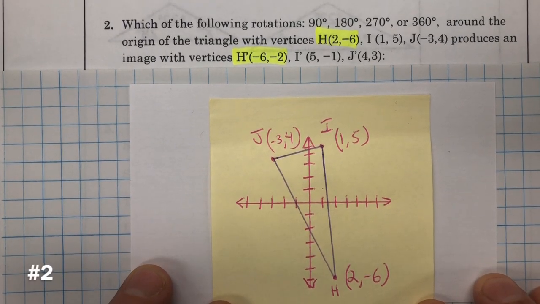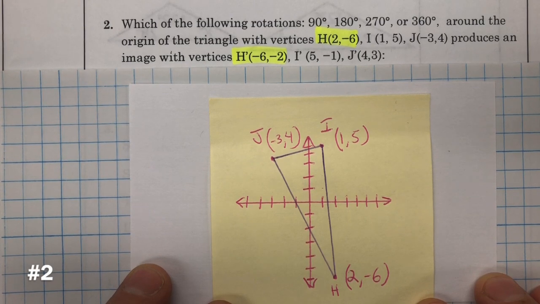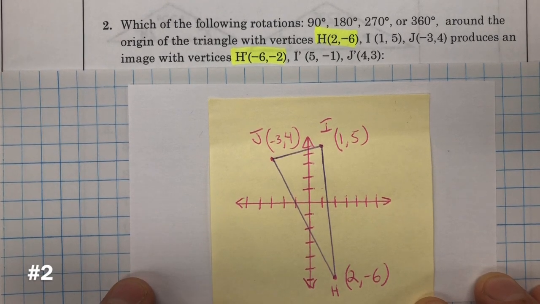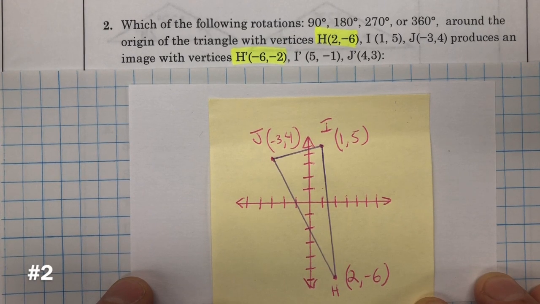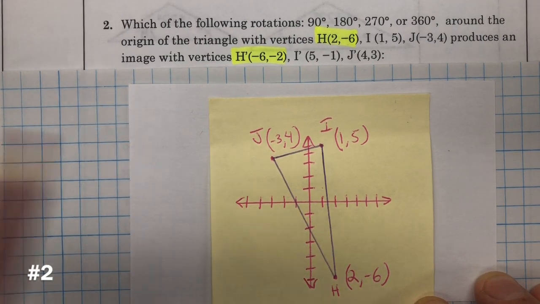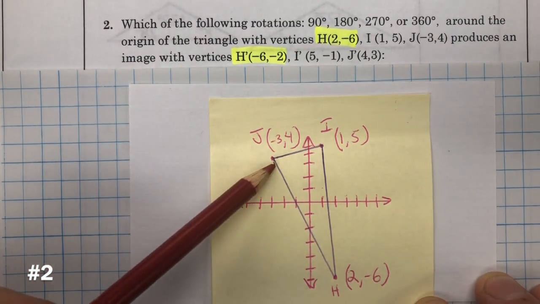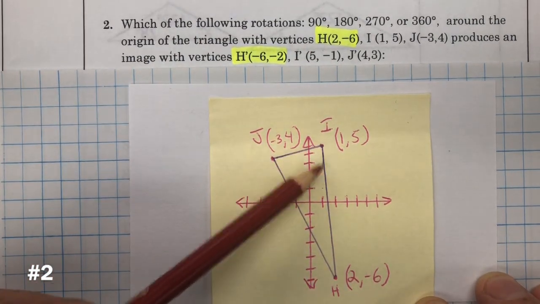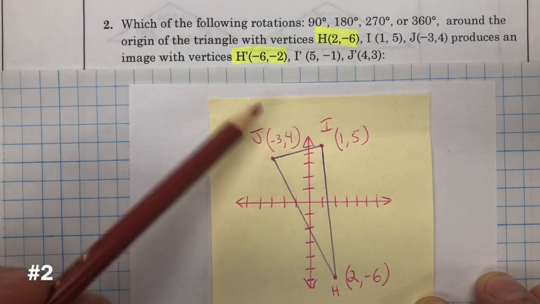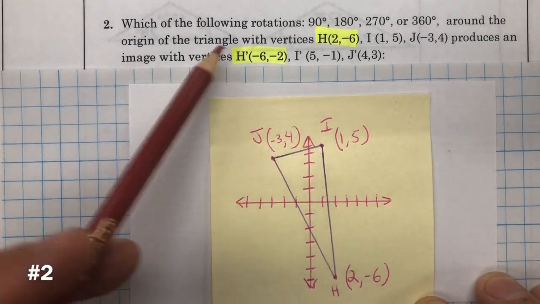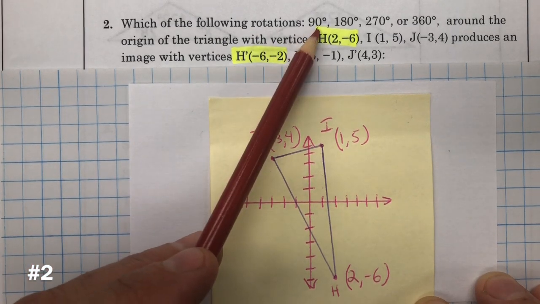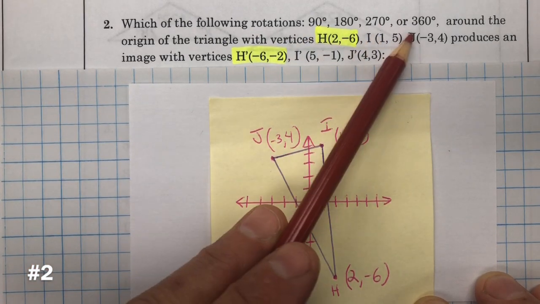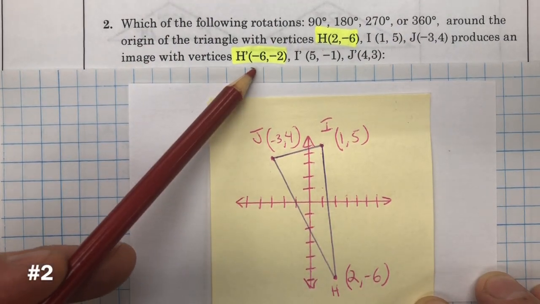For number 2, which of the following rotations, 90, 180, 270, or 360 degrees, around the origin of the triangle with vertices H, I, J produces an image with vertices H', I', J'? So I've gone ahead and plotted the points for H, I, and J. What I need to do is find out, after doing a rotation of one of these four degrees, which one will give me these